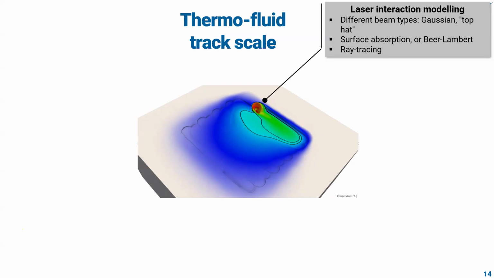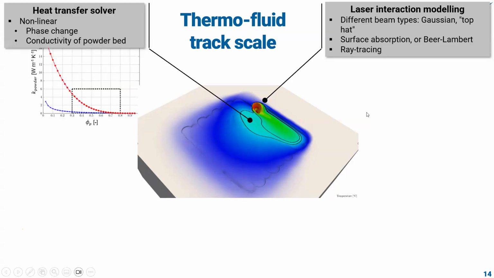So it's a continuous advancing melt pool in the powder bed, but the laser is on the liquid melt pool. So we have to consider essentially surface absorption. And this might be done by ray tracing. I will say a few words of that in a few slides.